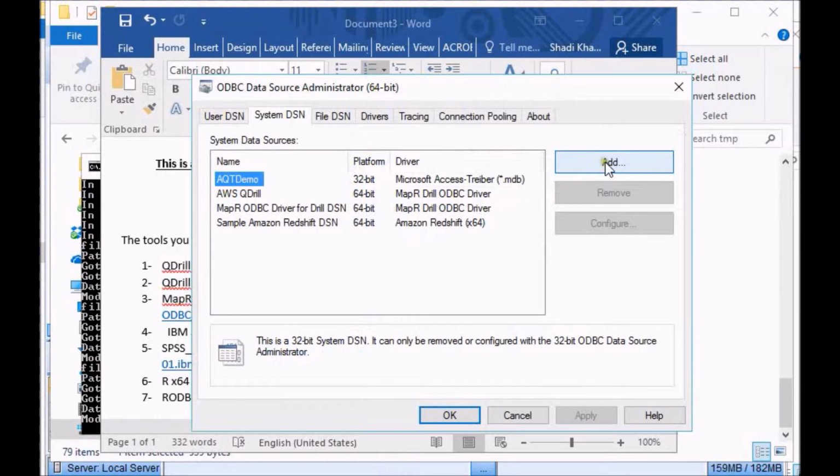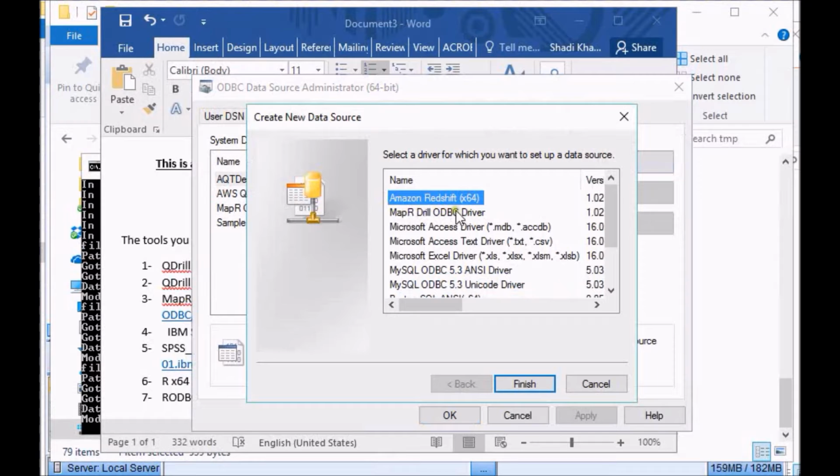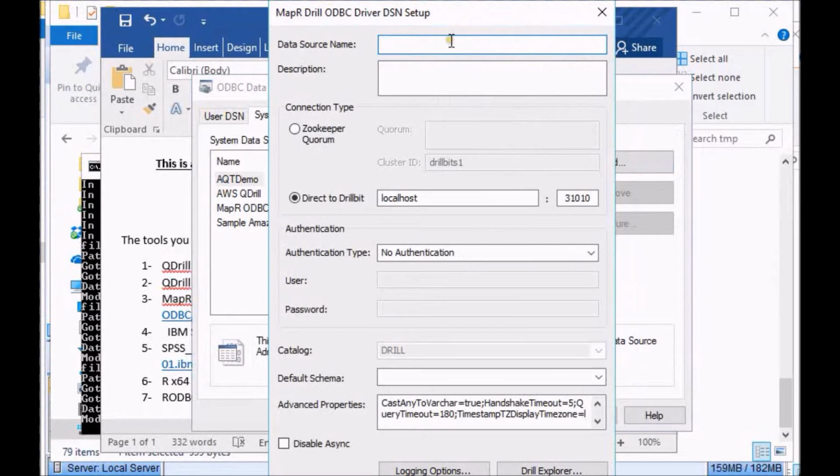In the system DSN, click add, and then you'll find the MapR Drill ODBC driver. You hit finish, and then type any source name you want. If you're running it on a localhost, then you should use localhost as the IP address and the default port. If you're running it on some server or in a cluster, then this should be the IP address of one of the nodes you have. The authentication needs to be basic authentication, and then you supply admin and password admin as your username and password,